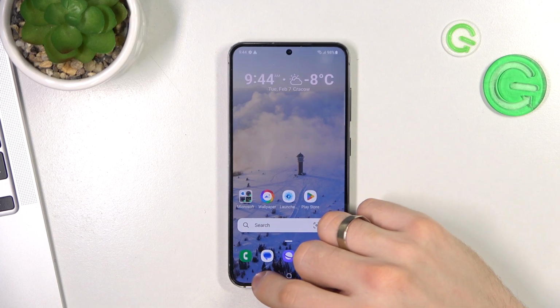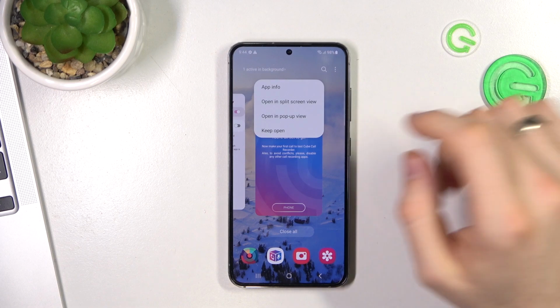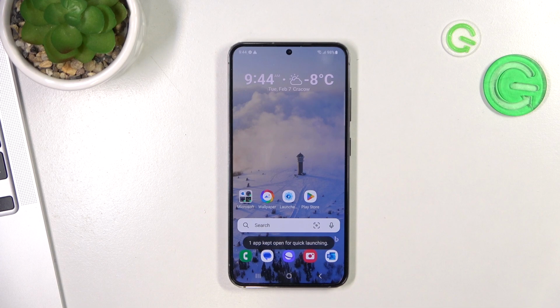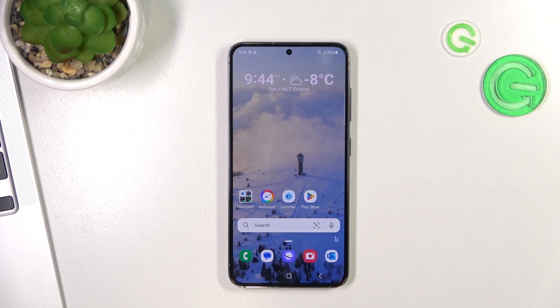Now go back to the home screen, click on the three sticks button, click on the Cube ACR logo and choose keep open. And great, now all your calls will be automatically recorded, but this application can't record sounds from the internal speaker because, of course, this application can record calls from the internal speaker if you have root access, but if you have no root access it will pick up the voice only from